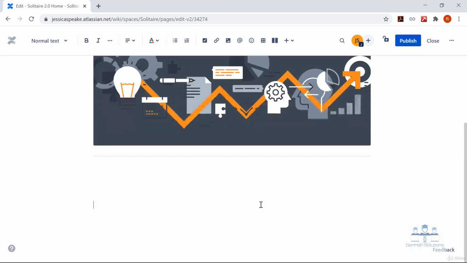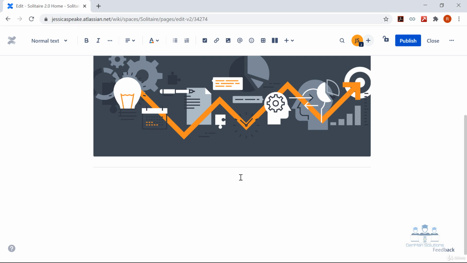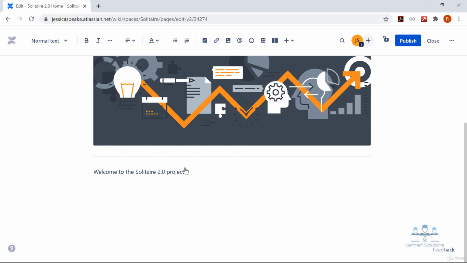Now in case you want to add any text here, you can do it by just typing the text. So in this case, I'll type welcome to the Solitaire 2.0 project. You can also tag your team members on this home page by just typing add and the team member's name.